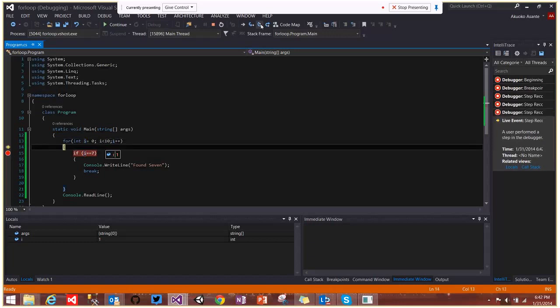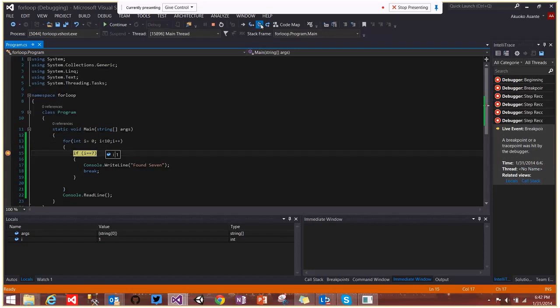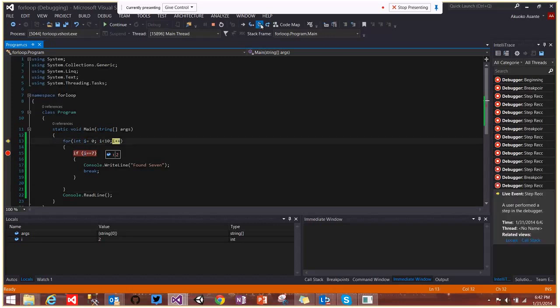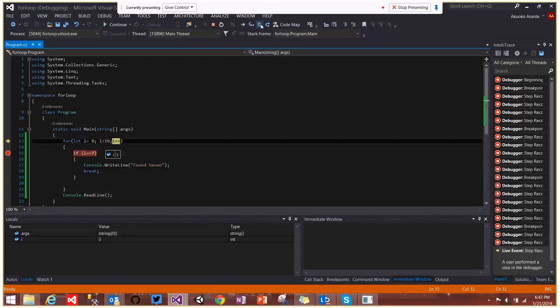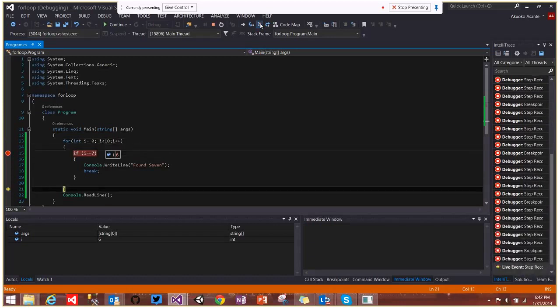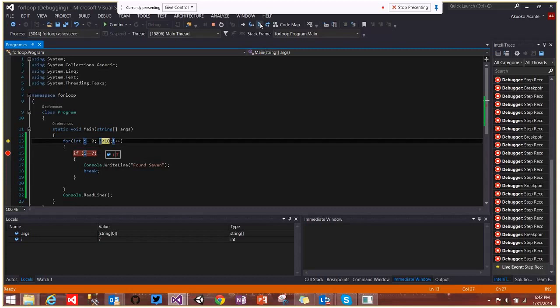comes here, checks. If it's false, it goes back, and this continues till we get to 7. Notice that the value of i changes here and also changes in the locals window. So let's step over it. i is 5. i is now 7. So when i is 7, notice that we will now enter the if statement, check the